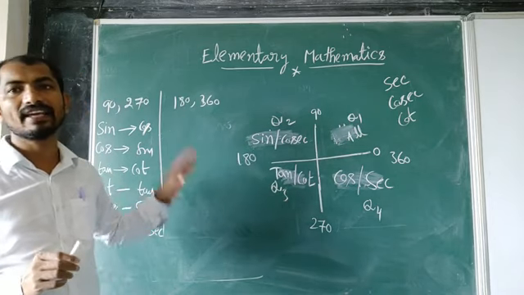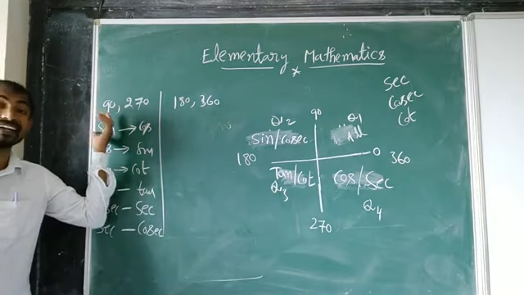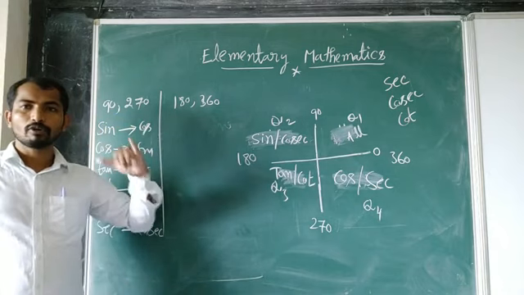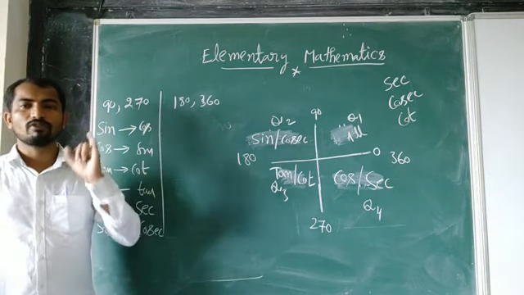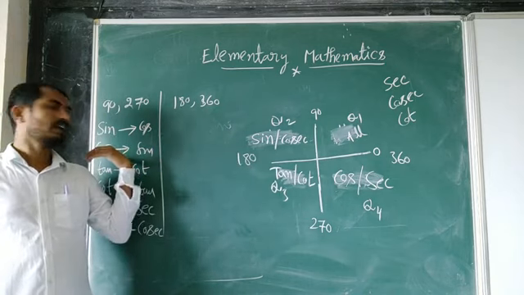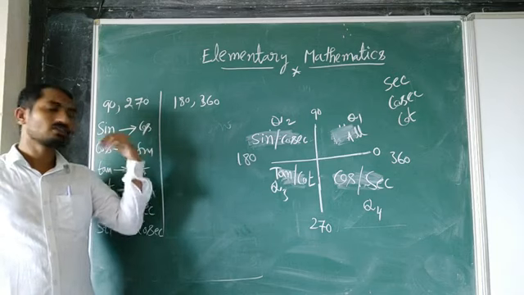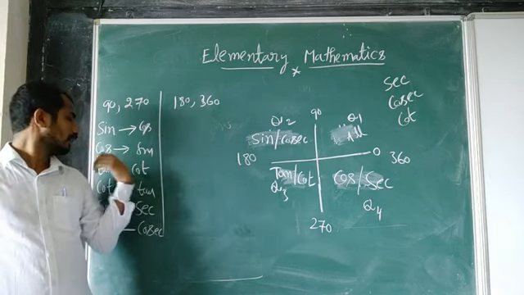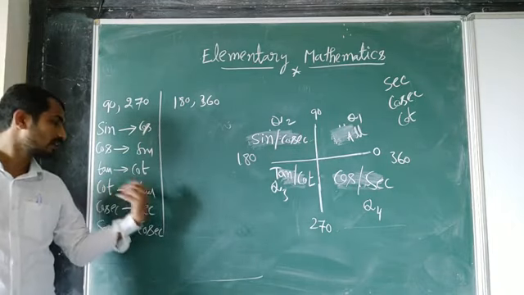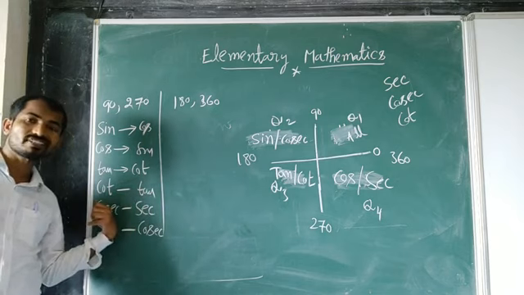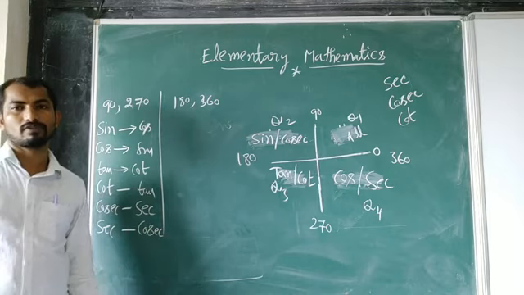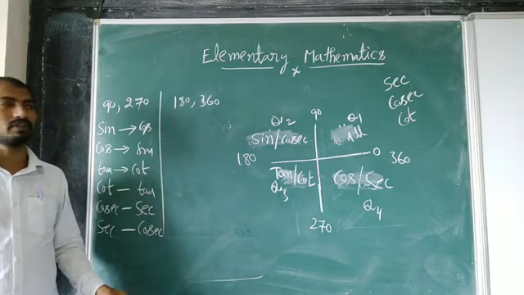होगा 180 360 के लिए। लेकिन अब इसके आप याद करना पड़ेगा, अब याद करना पड़ेगा केवल 90 और 270 के लिए, 90 और 270 के लिए अब अच्छे से याद करना पड़ेगा। I'm repeating one more time, you can see base function sin होगा तो answer will be cos, okay, answer will be coming in terms of the cos, and base function is cos, then answer will be coming in terms of sin, and base function is tan, and answer will be coming in terms of the cot, and base function is cot, and answer will be coming in terms of the tan, base function is cosec, answer will be in terms of sec, and base function is sec, and answer will be in terms of the cosec, okay, only these values to work out,